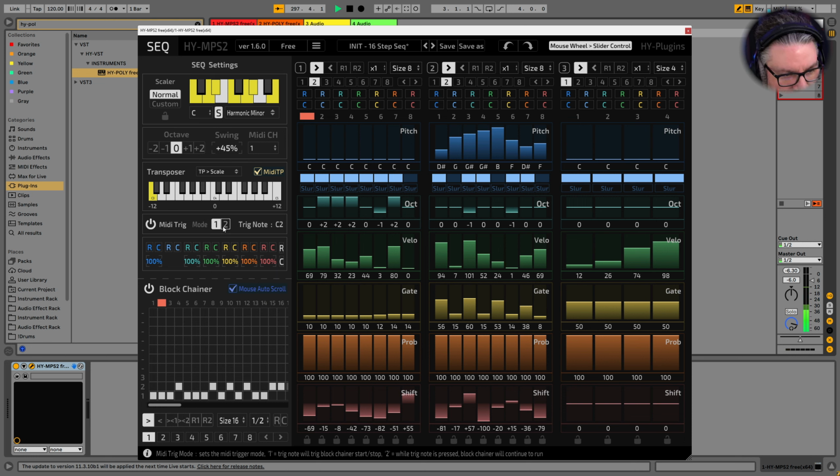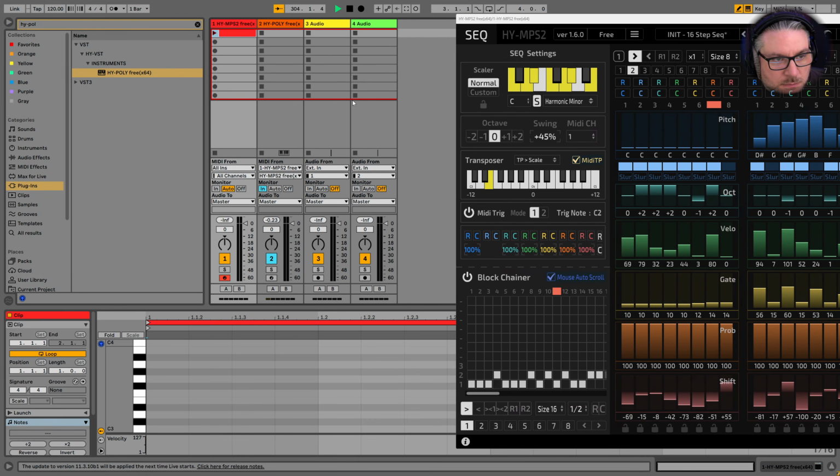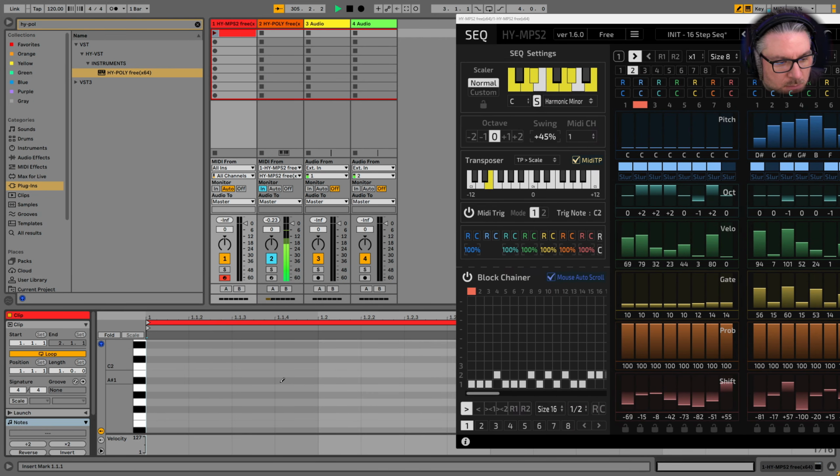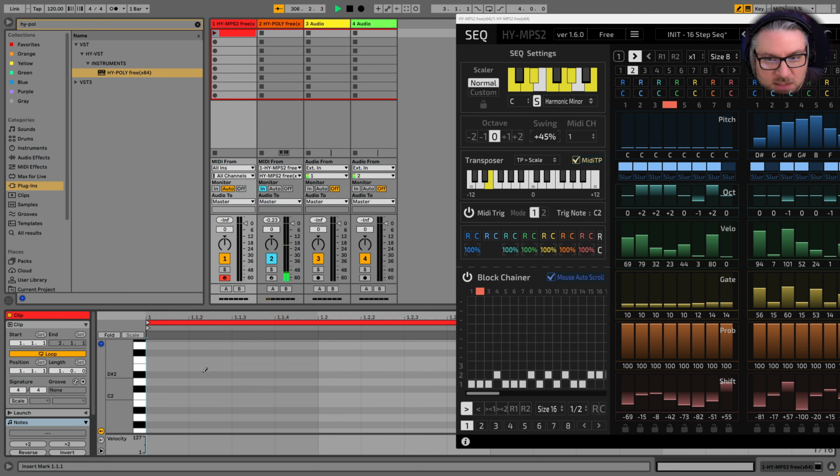And then MIDI trigger, let's try this. So 1 will trigger note. Okay, so this is trigger. So I'm hitting C2, right? So it's off. C2 is hit. It resumes.